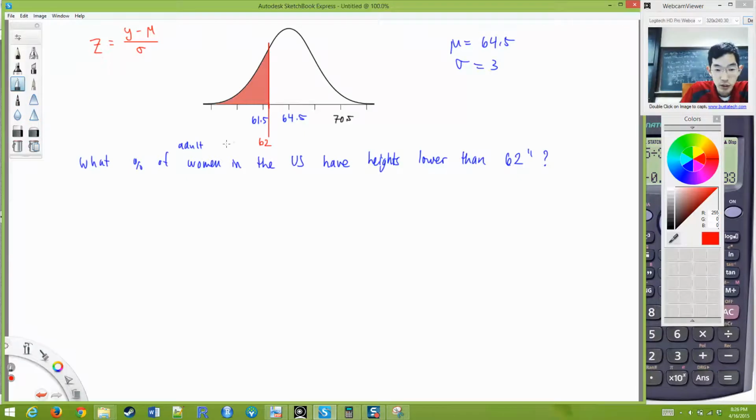Sorry. Okay, so we have z is equal to negative 0.833. Okay, so if you go into your textbook, I think in the inside front cover of the 5th edition,